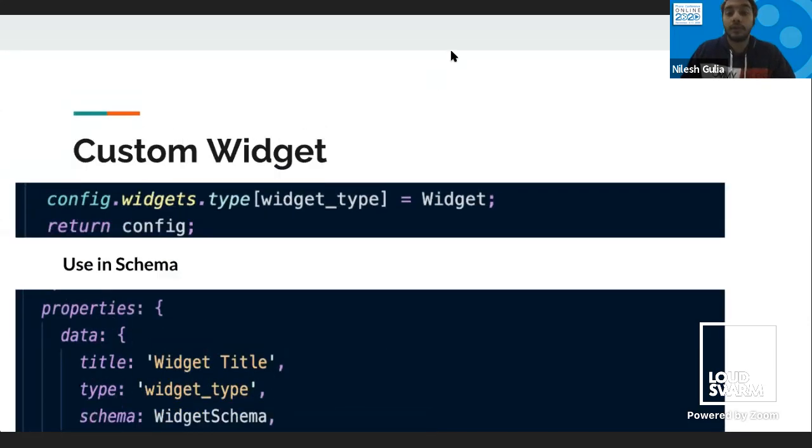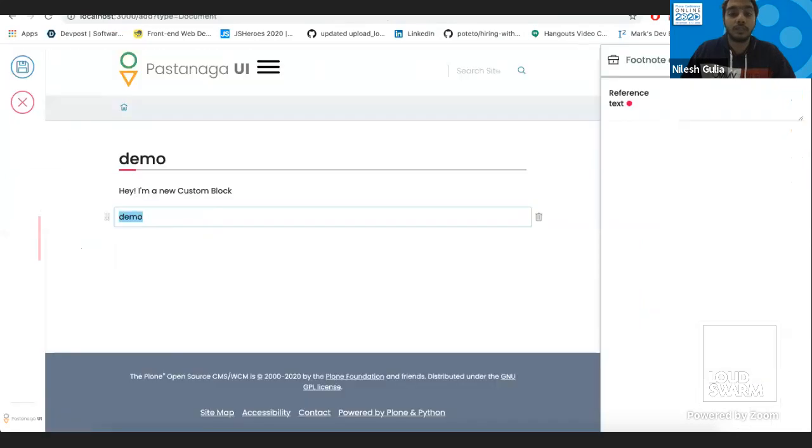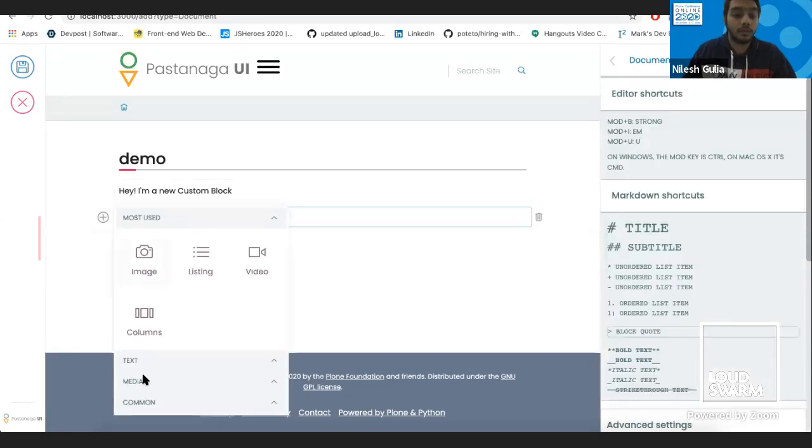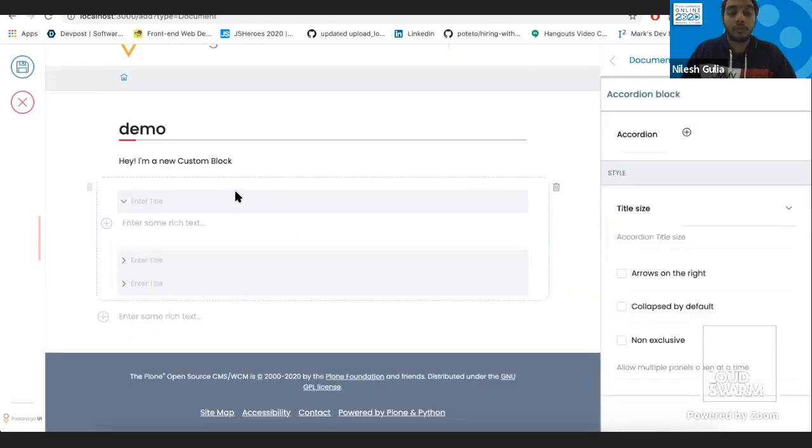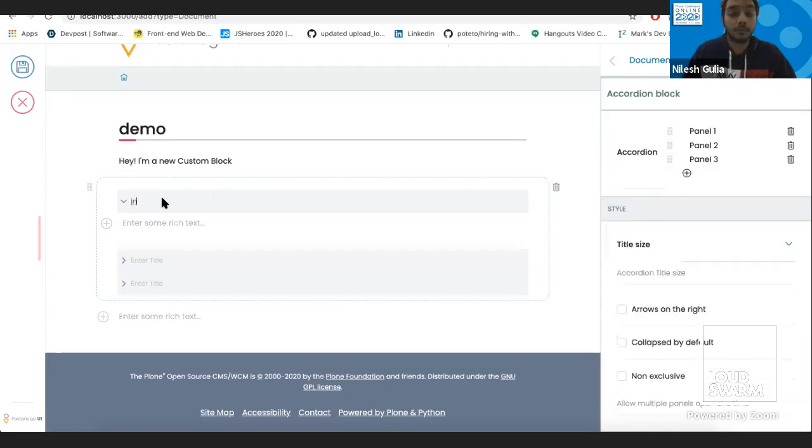Let me show you how we use widgets. Let's say we have an accordion block, and if we put something here, let's say panel 1 and panel 2, we do have these widgets.